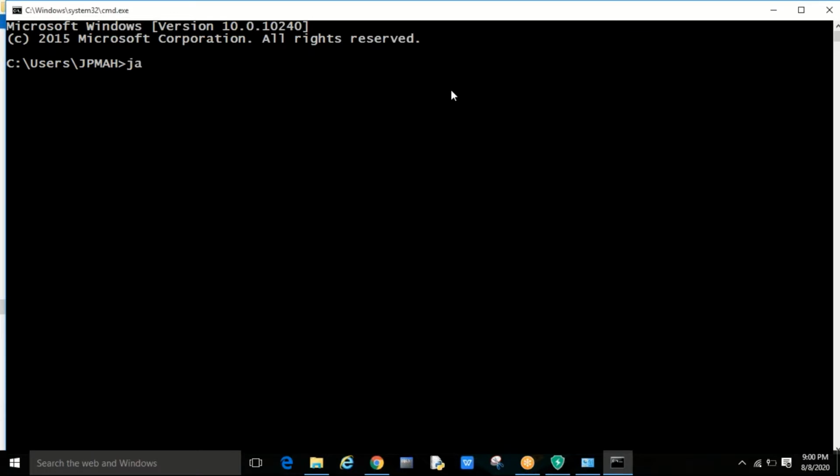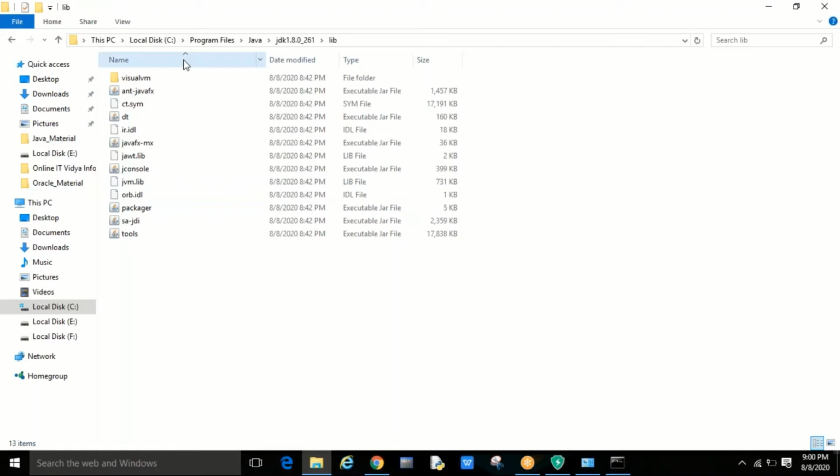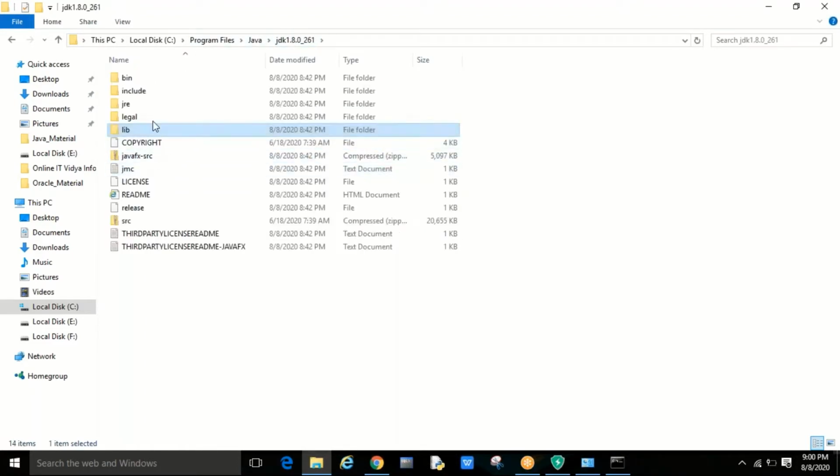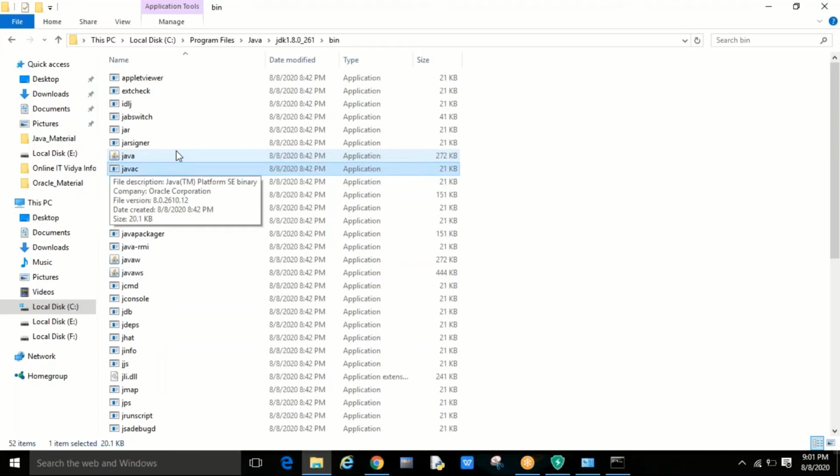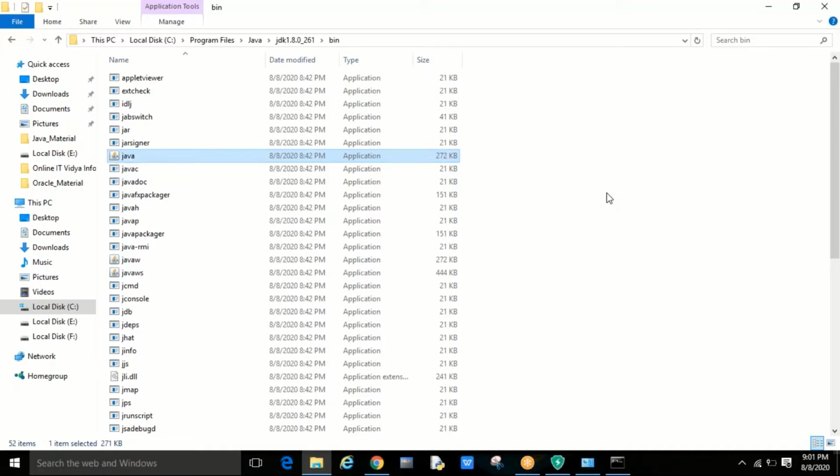Okay, now you can check what? Javac. There is a javac in the bin folder, right? Now you are going to check. We require these two here. Javac stands for what? Java compiler. C stands for compiler, which is used to validate our source code. At the time of compiling your Java code, you need to use javac. If you want to execute your Java program, java is required.